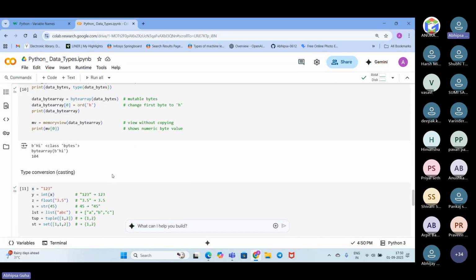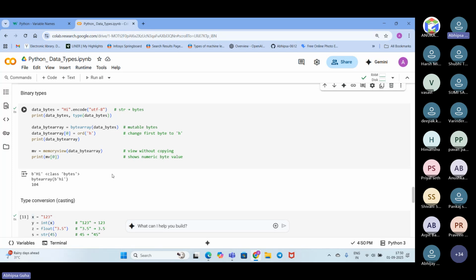Now next is the binary type, basically. The binary type holds raw bytes, like files, images, or network data, this kind of stuff. Here, byte_data is a variable where we use encode with UTF-8.